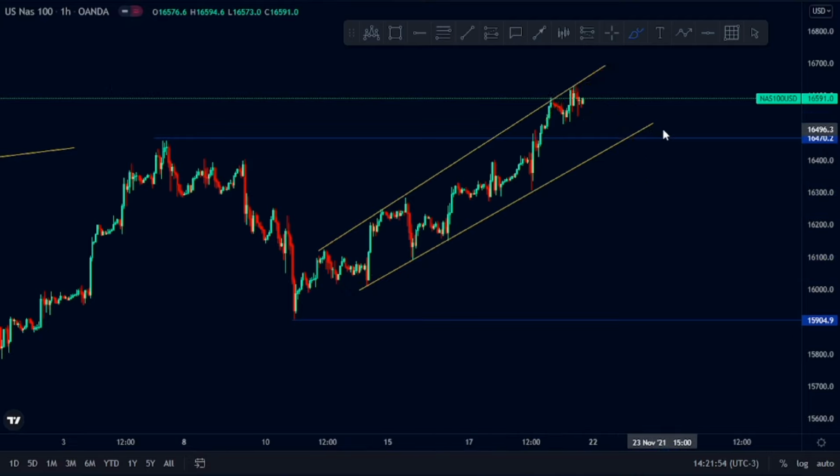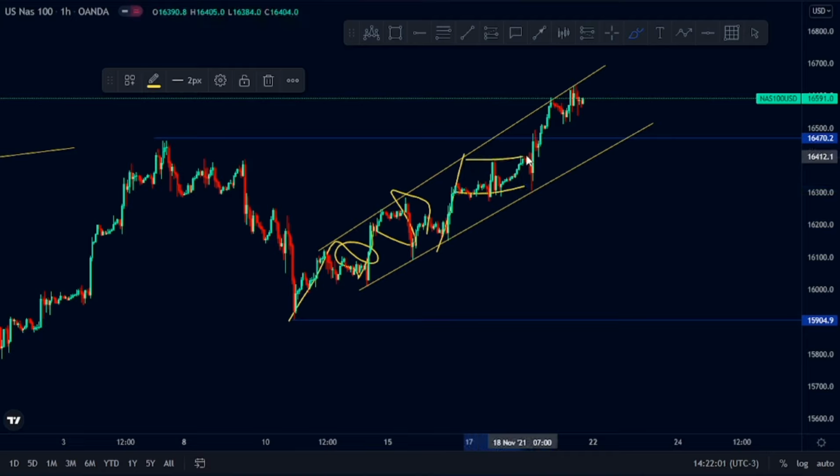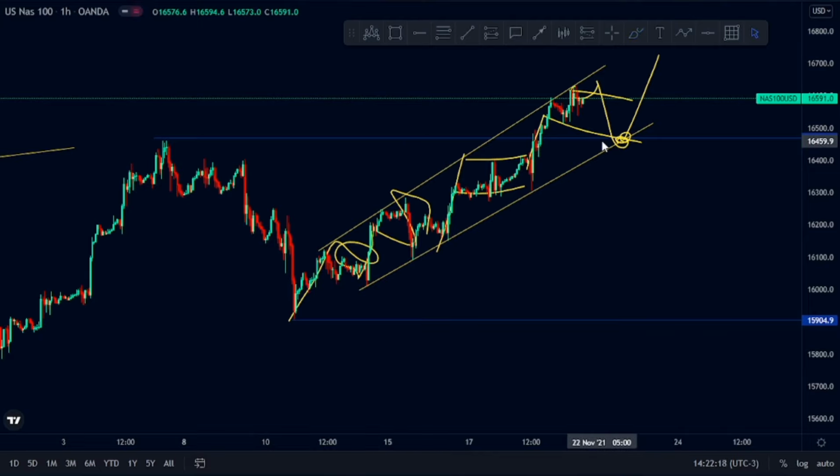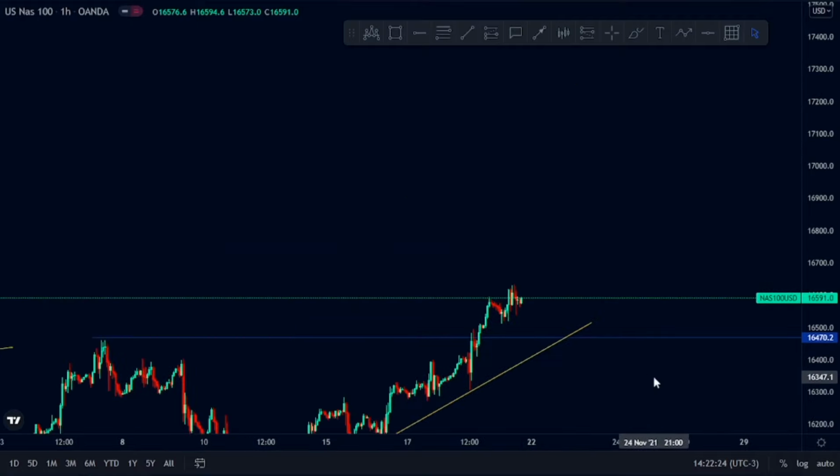If you look at how price is moving, this is impulse, correction, impulse, correction, impulse, running channel, impulse. This can act as a correction to push further to the upside. Nothing is stopping it from doing that. So if you're taking a sell from here, be cautious of this level, because from here NASDAQ can still bounce to the upside. This is not acting as a reversal on my side until it gives me those reversal confirmations inside the pattern,